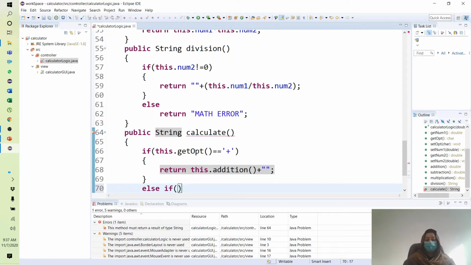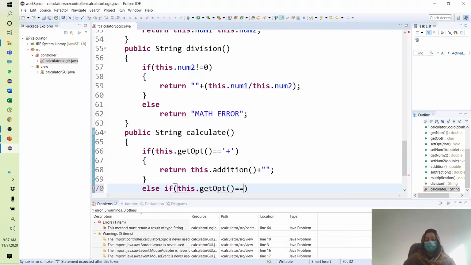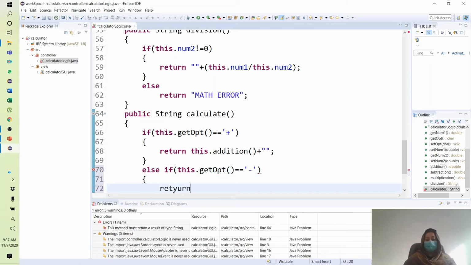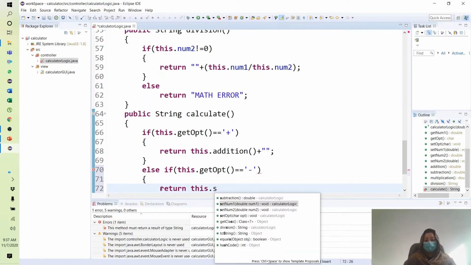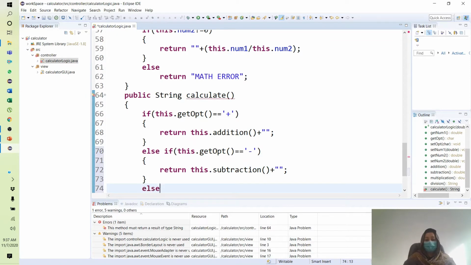Similarly, else if this.getOpt is double equals to minus, then return this.subtraction and plus for the concatenation,